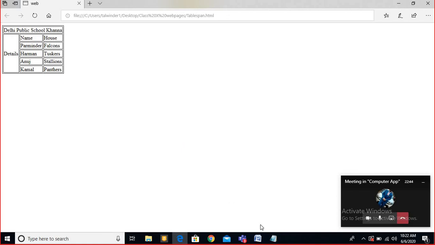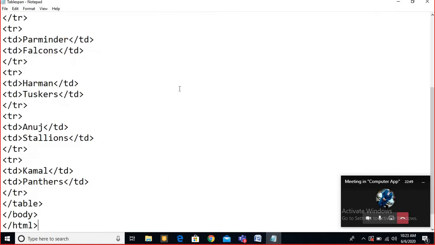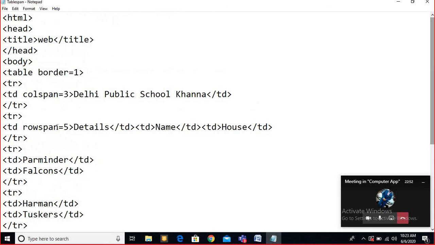Yes, sir. For one thing I want to clear here, you can also give spacing. That is your choice. Cell spacing and cell padding. Cell spacing is the space between the cells. Cell padding means the gap between the boundary and the start of the text is called cell padding. So I'm giving here cell spacing. It's your wish whether you want to give it or not, but it is an attribute of the table tag only. So I'm giving 10 here. Then let's do it one by one, so that the difference will be clear to you.